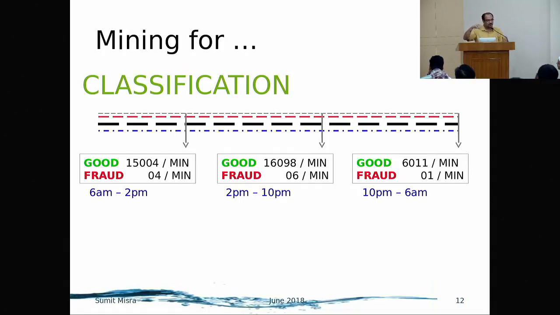It changes with time. We call it drift in our terms, but let's forget about the technical terms. That means the data that gets generated doesn't have the same pattern all the time. So it's a changing pattern and that is acceptable. In the morning part and the afternoon part you have large transactions. But after 10 p.m., obviously people go to sleep and the transactions are fewer, in the example we have taken. It is just the reverse if it is an e-commerce transaction. People go home and start buying things.